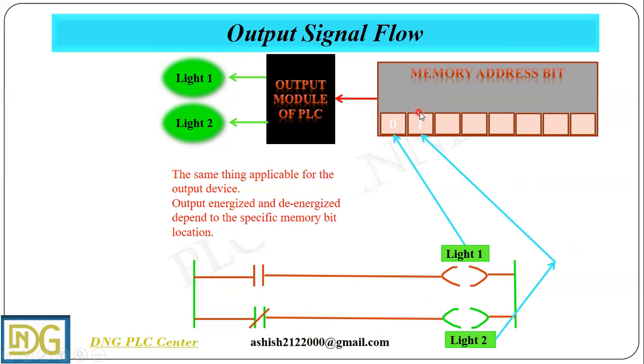Yes. And then the output will send a signal to the output module, which will send a signal to field device 2. Yes. And then when you press, it gives 0 volts to the coil, to the output device, so the memory bit will be 0 now. And then the output module will send a 0 signal to the field devices, so the field device will be off. Yes, right. So that is it.